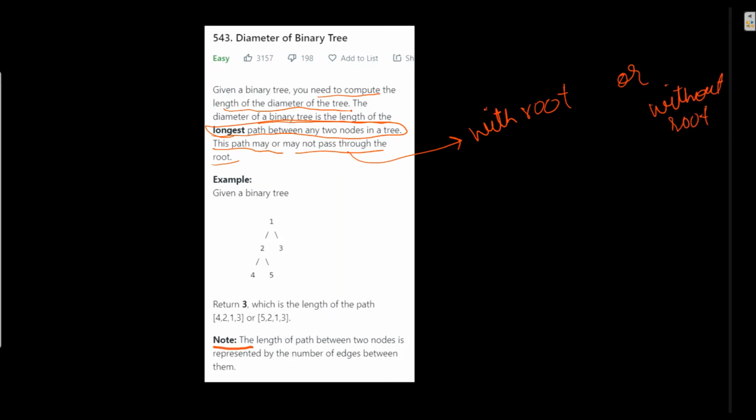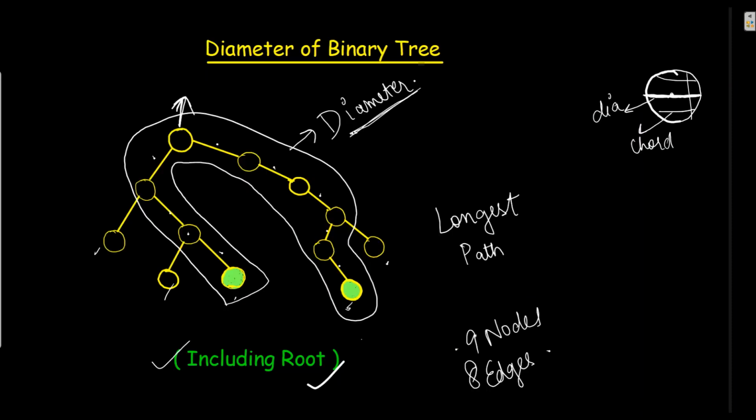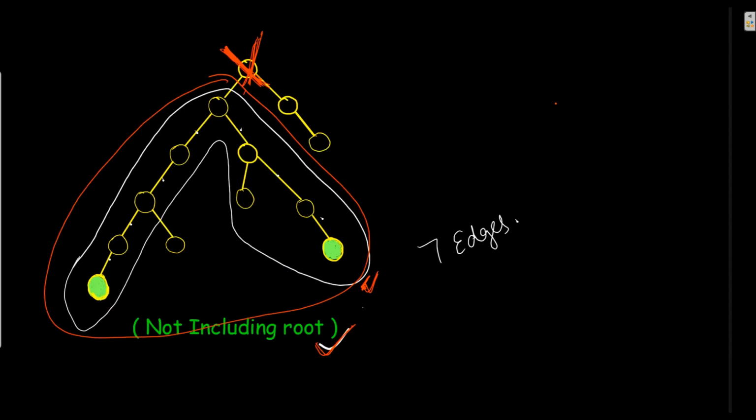And in the note we have been given that the length of a path between two nodes is represented by the number of edges between them. So here we need to calculate specifically edges, not nodes. We need to calculate 8 edges for this binary tree, and if it is without the root, there will be 7 edges. So let's go to PyCharm and take an example.